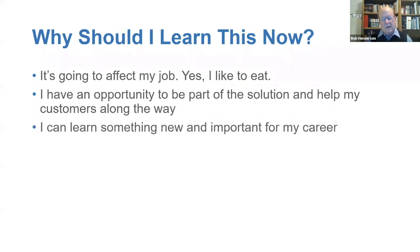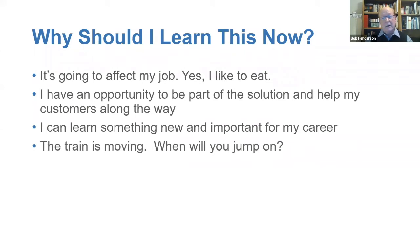And next is we can learn something new. For the most part, the lighting practitioner has not really been dealing with this UV germicidal, and so we can enhance our career by learning this. And last is the train is moving. It's a matter of when will you jump on? Will you jump on tonight? Will it be next month? Will it be next year? We're going to invite all of you for these reasons to jump on tonight and start learning the basics, the